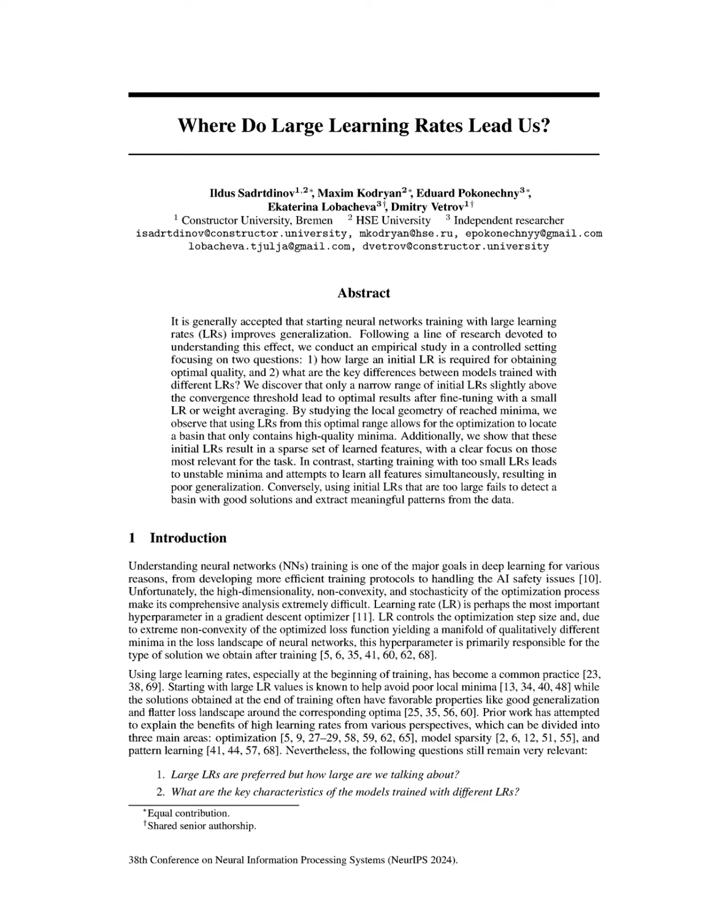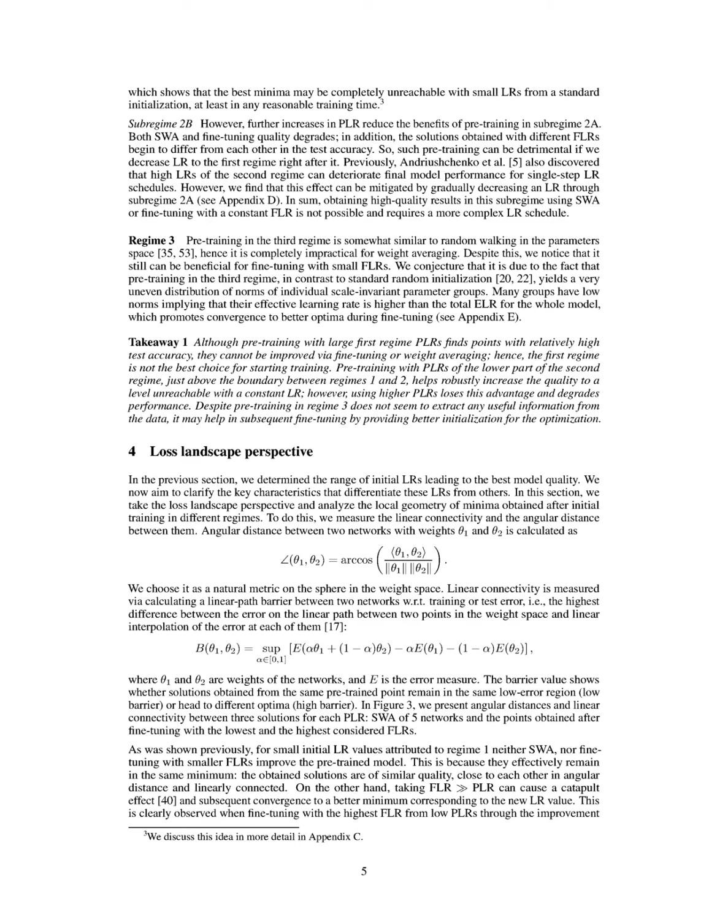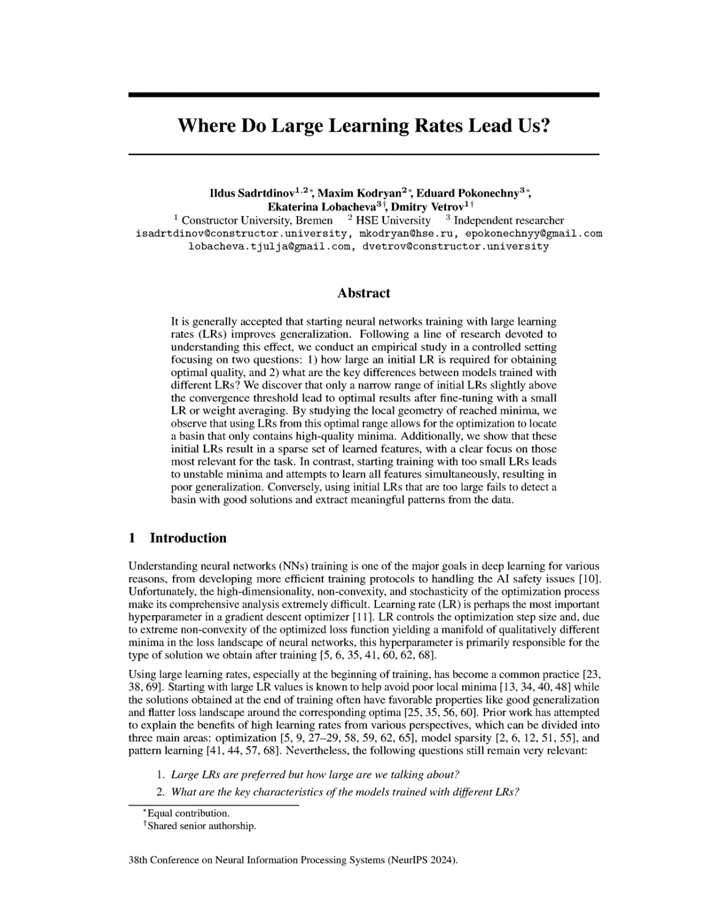Training within this subregime consistently yields optimal results, as it locates a convex basin in the loss landscape containing well-generalizing minima. This finding is crucial because it suggests that starting training with LRs from subregime 2A allows for effective fine-tuning or weight averaging, leading to better model performance compared to using too small or too large LRs. Ultimately, identifying subregime 2A provides practical guidance for selecting initial LRs that enhance the training process and improve the generalization